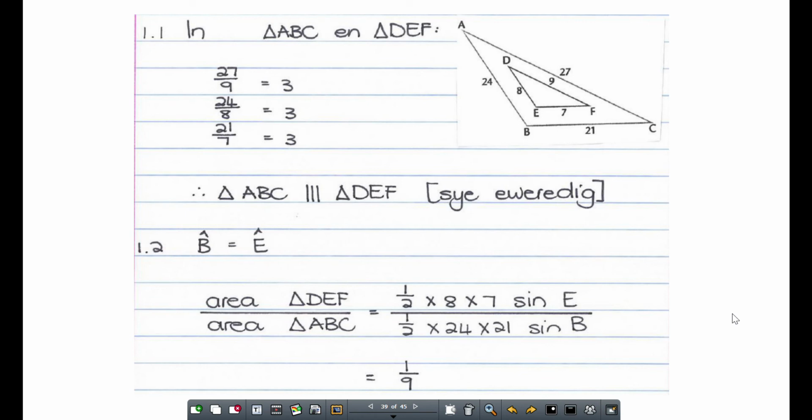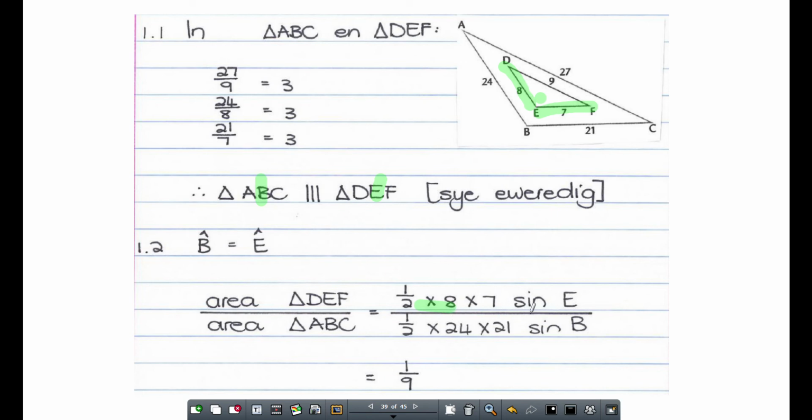So we're going to work with angle E and angle B. Okay, so in that small triangle, because we're working with angle E, I'm going to use that side and this side and then sine E. Do you guys agree? So have a look at the bottom here. Half times 8 times 7